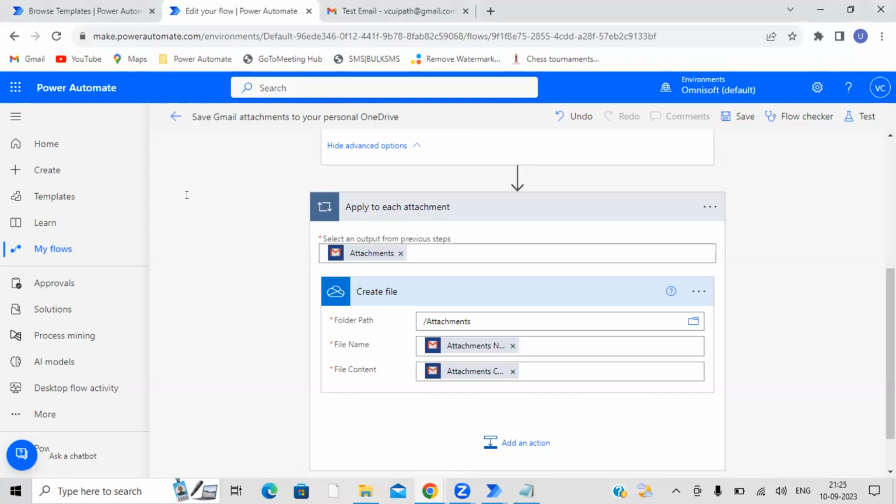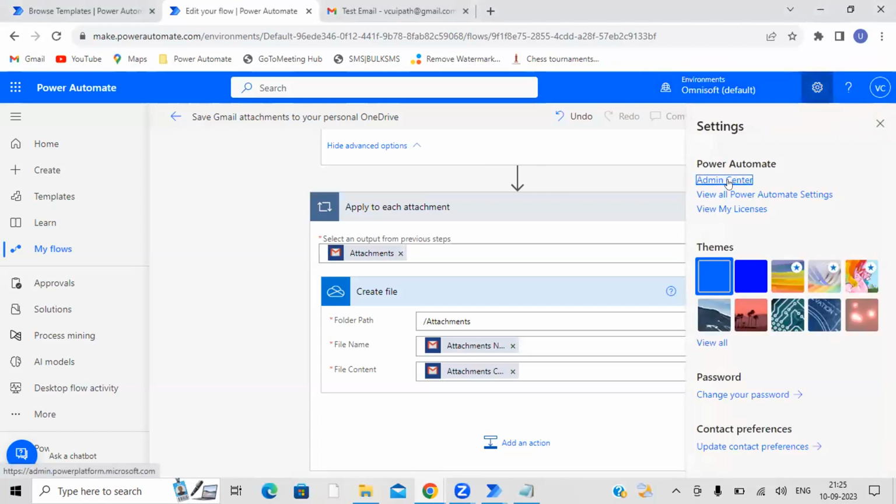So ideally, when we are working with an organization, the organization can block any of the connectors. There is a possibility that data can be transferred from your organizational ID to any other. It might happen basically. So here we have such a facility also available. It's called DLP, data loss prevention policies. So how can we restrict any of the connectors from being used in any of the environments? We can go here and go to the admin center,